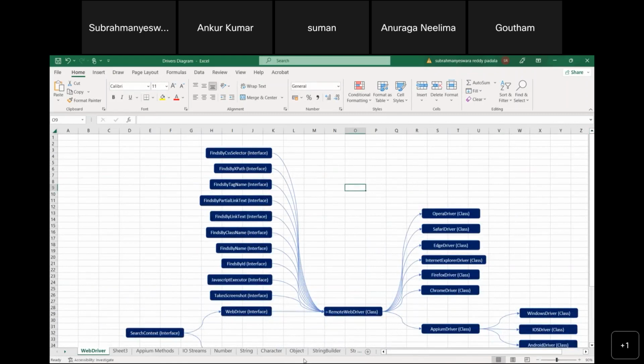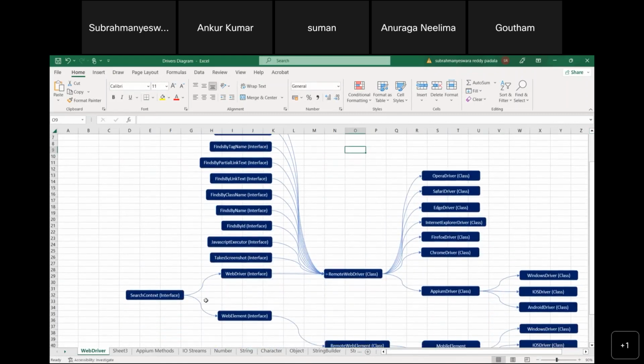Are you able to see this one? So we have the search context interface, and then we have a WebDriver interface, and then we have